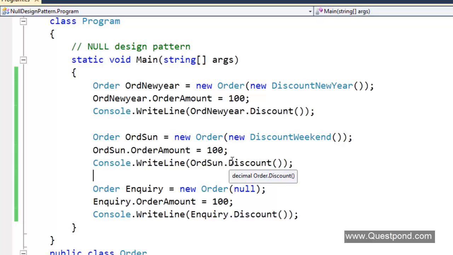But think in a very logical manner. Let us give a thought on what exactly is the problem now. If you think logically, the order object is using the discount object. The order object is expecting certain kind of behavior from the discount object. But suddenly there are situations like this,